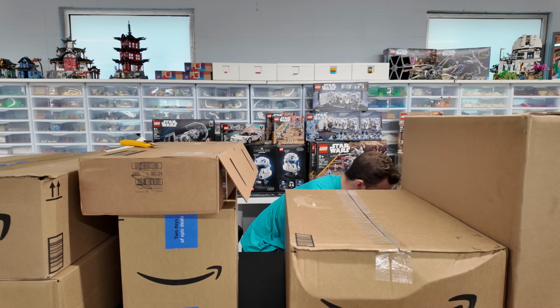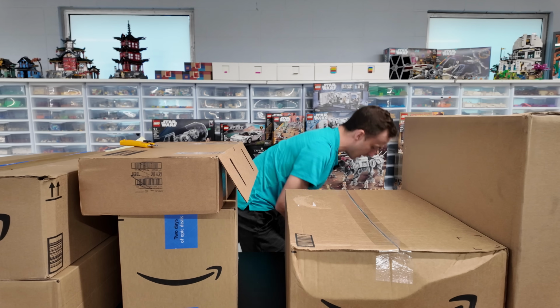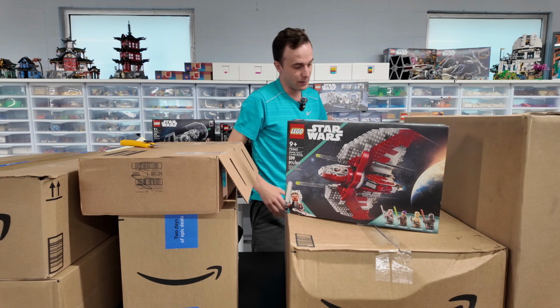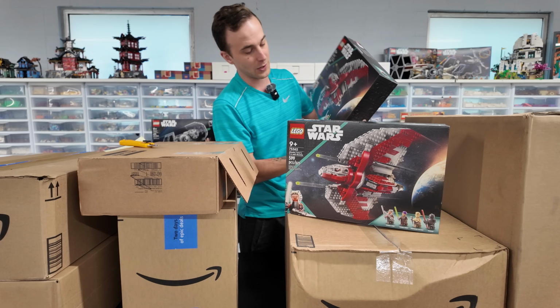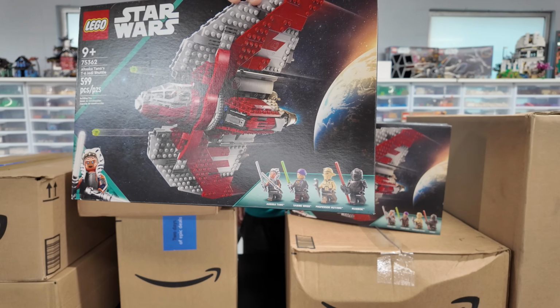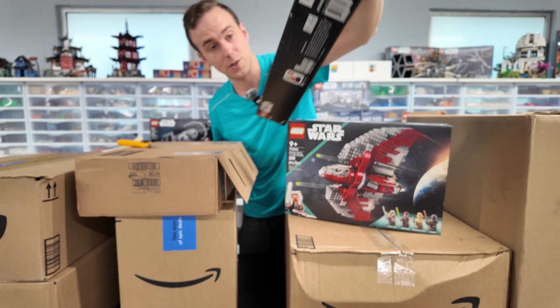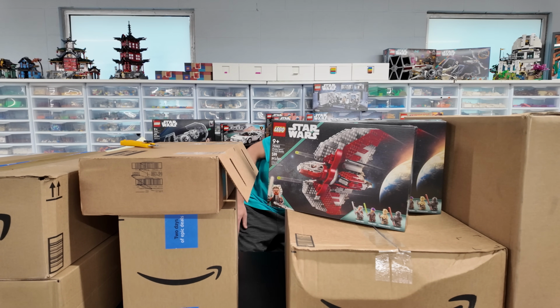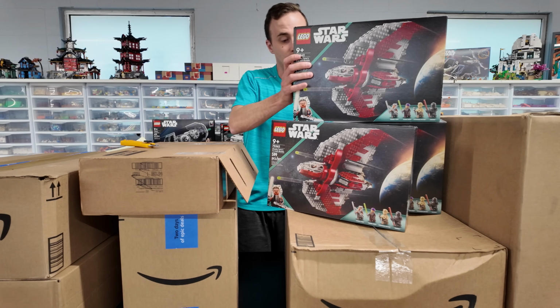Cracking into our next box here. I got this one here. I don't know if this was the best one to put away, but it does come with some cool minifigures like Merrick and also, of course, Ahsoka. And there's also a Sabine in there as well. So I decided to get 3 of these. And those ones,